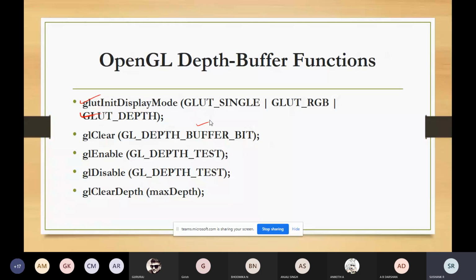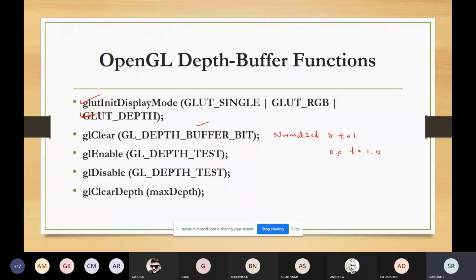So what are the depth values? The depth values for the buffer will be normalized in the range of 0 to 1. It will be a floating point value, so it will be in the range of 0.0 to 1.0.